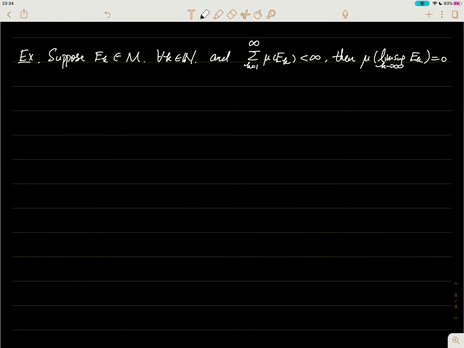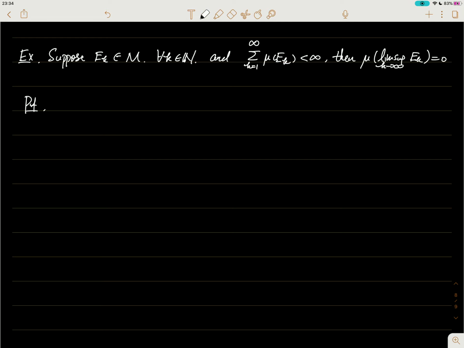Okay, let's take a look at an example. Suppose we have a sequence of measurable sets, and the sum of these measures is finite. Then we can claim that the upper limit of these sets has a measure 0. Okay, to prove this,